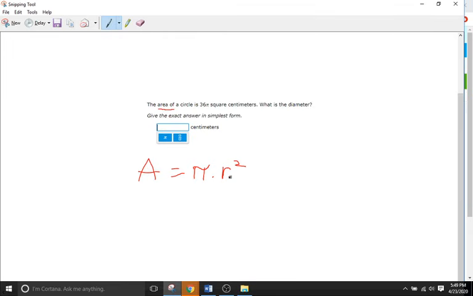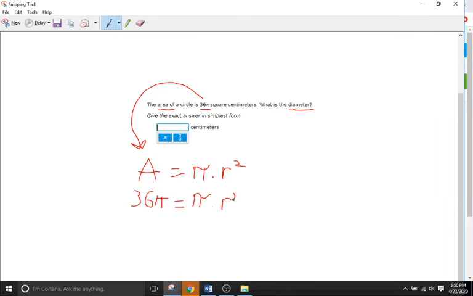So normally we plug in radius. Do we have a radius here? We do not. In fact, it's asking us to find the diameter. But what it does give us is the area already. Area is 36 pi. So we're going to plug that right into here. So we have 36 pi, and don't forget the pi. That's a part of it. 36 pi equals pi